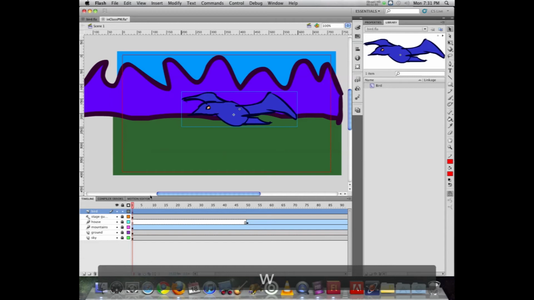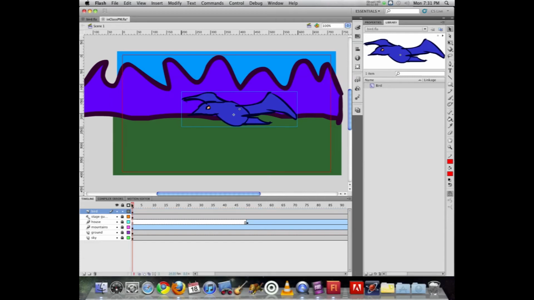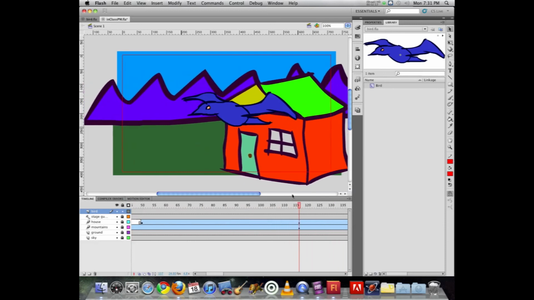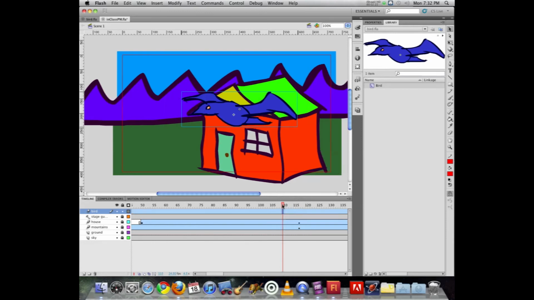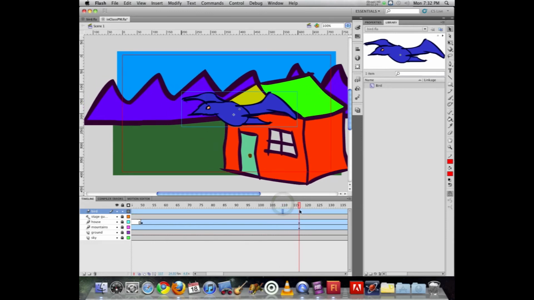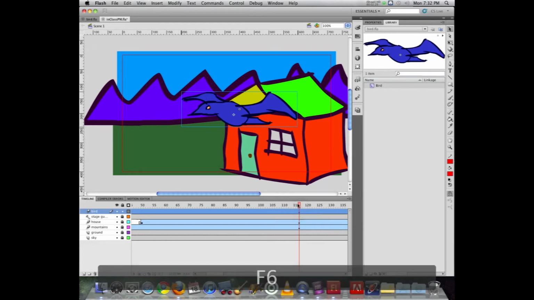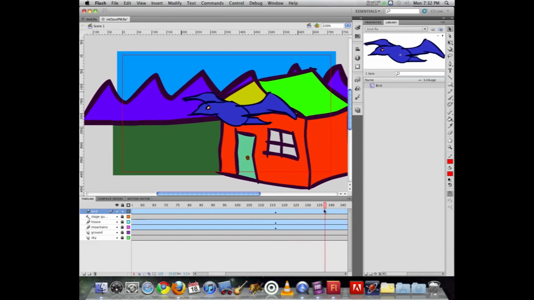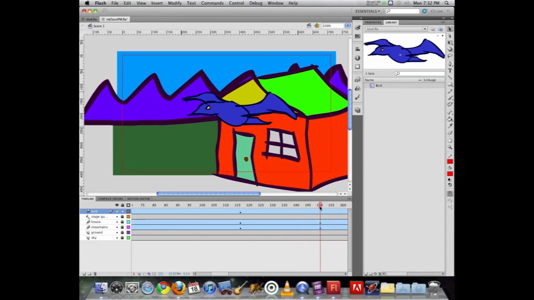So to do that, I need to find that point at which the building or the movement stops, and that's where I'm going to want to start animating my bird. So we can take the bird, which is a movie clip, create motion tween, leave the bird here, and now I can just hit F6 for that keyframe. So that puts the bird into pause motion,